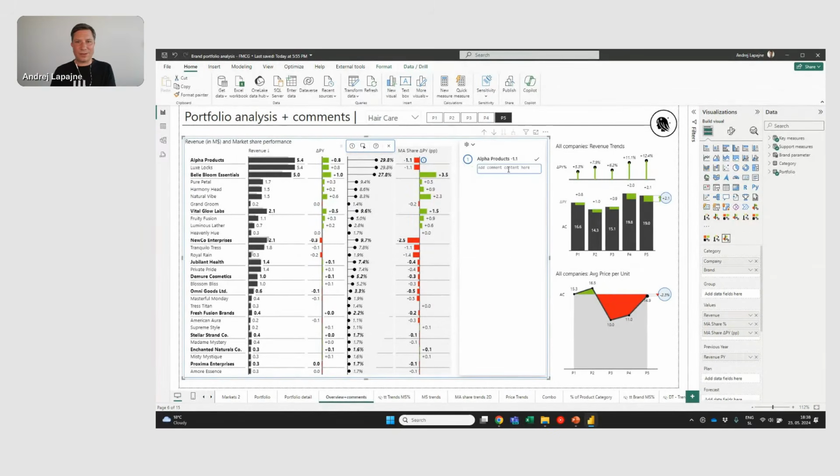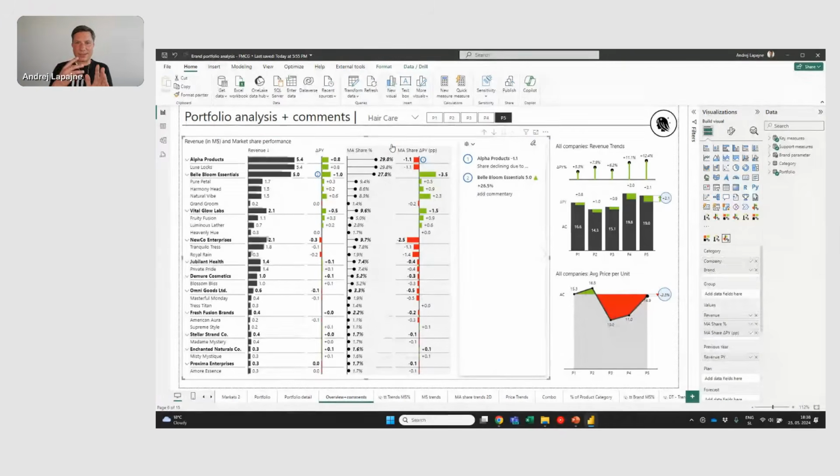All right, what's going on with Alpha products? Maybe this is your top competitor, share declining due to something, right? And of course, then just add this and add something for your own company, which, okay, we said this is. So you can comment on either market shares or revenue or both and so on. Just add meaningful commentary, right? Okay. And this is basically how you start creating almost a knowledge base merged together with data insights and everything,